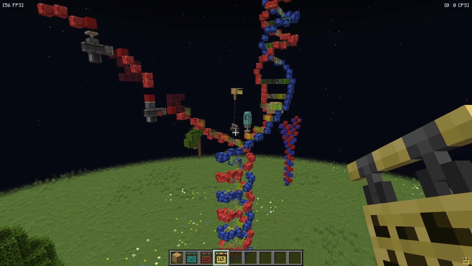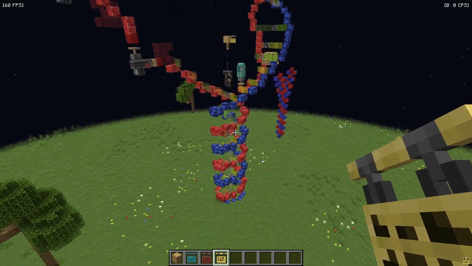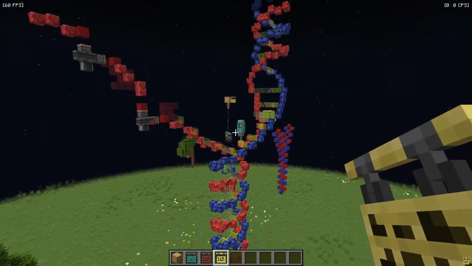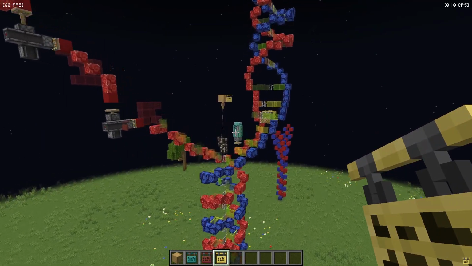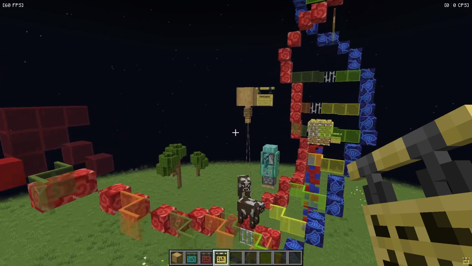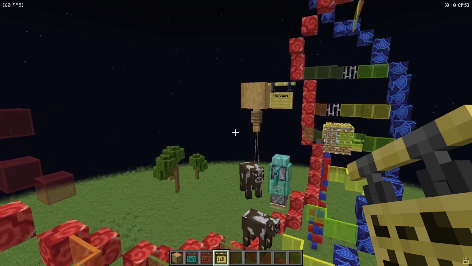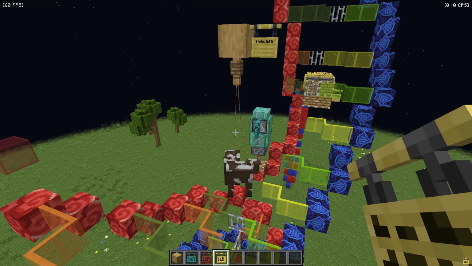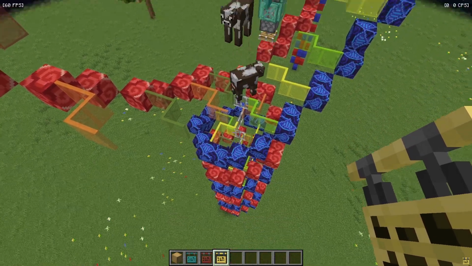Alright, so here we have the DNA represented in Minecraft. What we have here are the two strands of DNA that are being separated by the helicase. That is the job of the helicase, to separate the strands of DNA. In this case, the helicase is represented by the cows kind of digging